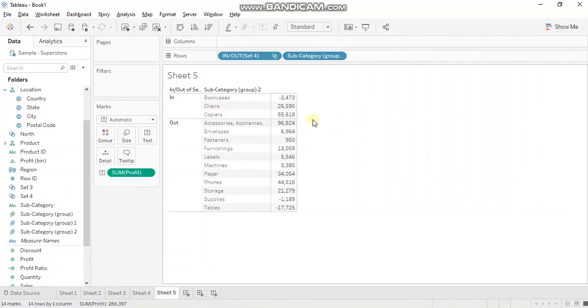So the reason was, because you have this group dimension over here, that's why the group values got automatically aggregated. If you were having Subcategory over here instead of this grouped subcategory, then the values would not have got aggregated. So yeah, you'll have to take into account what fields are there in the visualization.